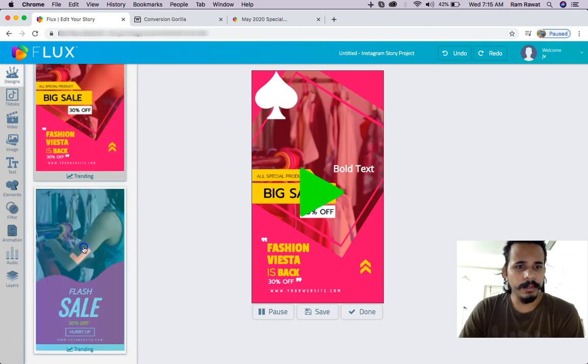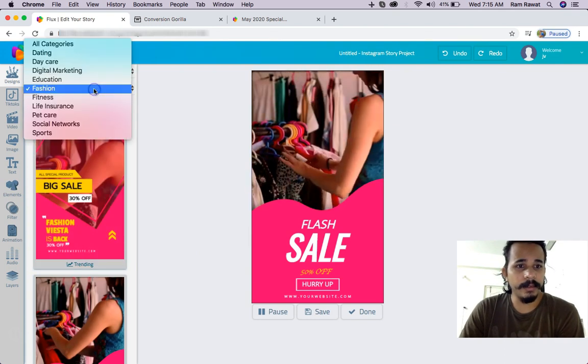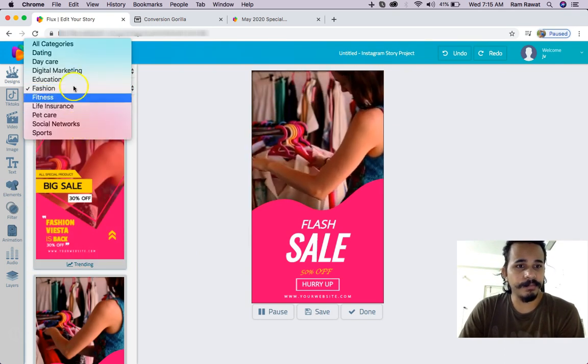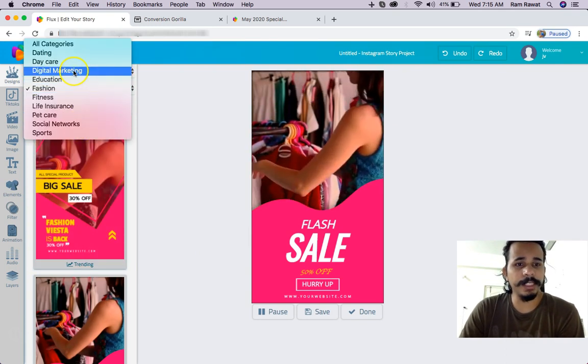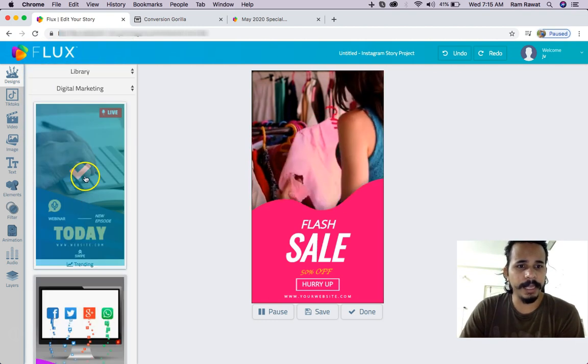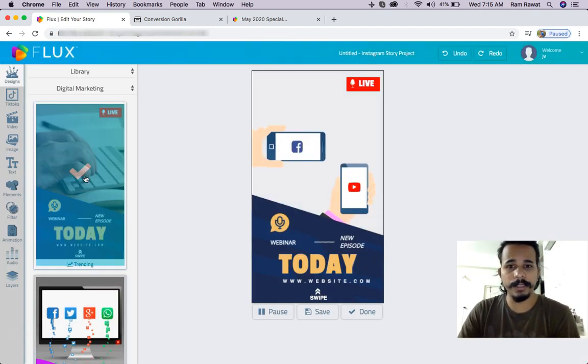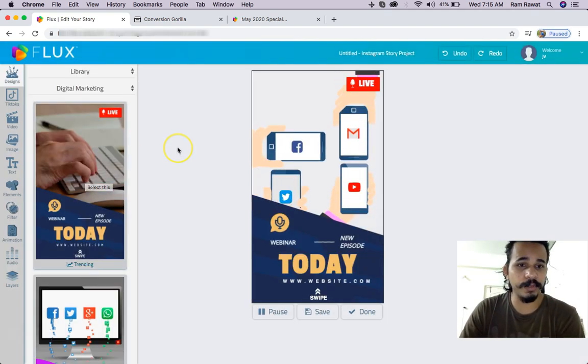See, suppose I want to select this design, and it's here, I can edit it. Then suppose I want to select a template in digital marketing, and it's here, I can select it and edit it. So the software is really amazing when it comes to creating a story.